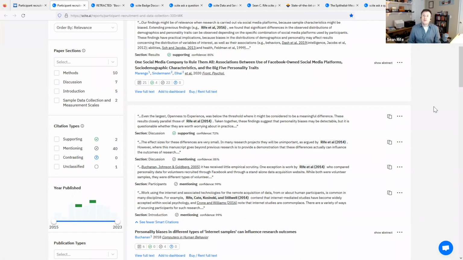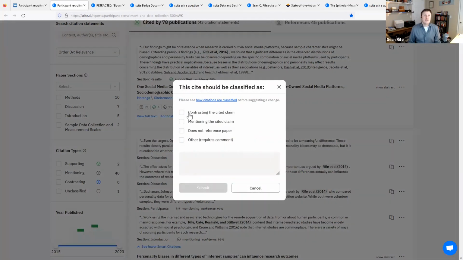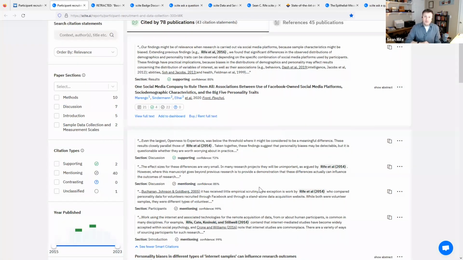But one thing I should point out is that if you are reading one of these reports and you say, that's classified as supporting, but I don't think that's supporting, you can click on these three dots over here and flag the classification and say, hey, I think this is actually a contrasting statement. Then we have a system on our end that will request review from two separate users. So two separate people will look at that and say, yep, that one was wrong. And then that information also gets folded back into our model. So the idea is that our product and our model will get better over time as we get new annotations from users themselves.